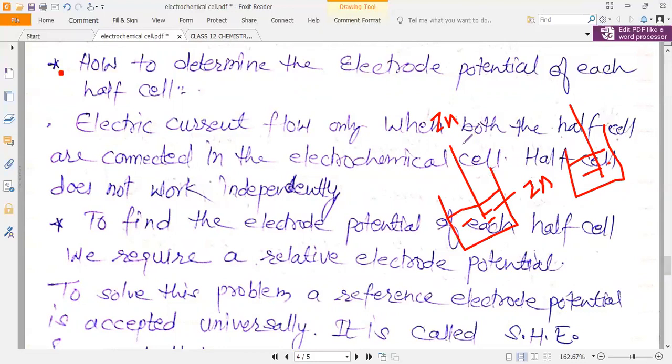So to get electric current from the cell, we have to connect the terminals of the cell by an external connecting wire, and internally we have to arrange a salt bridge. Then only the electrochemical cell will be in function, and we can withdraw the current from the electrochemical cell.